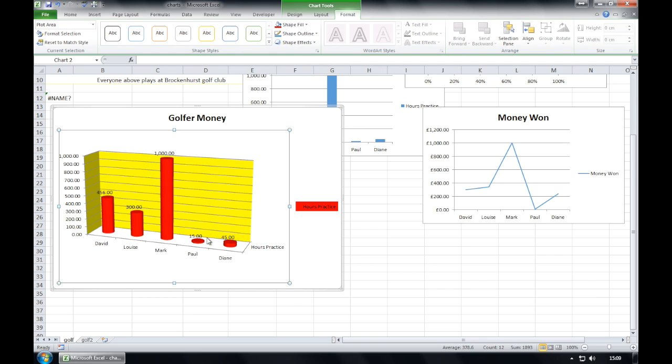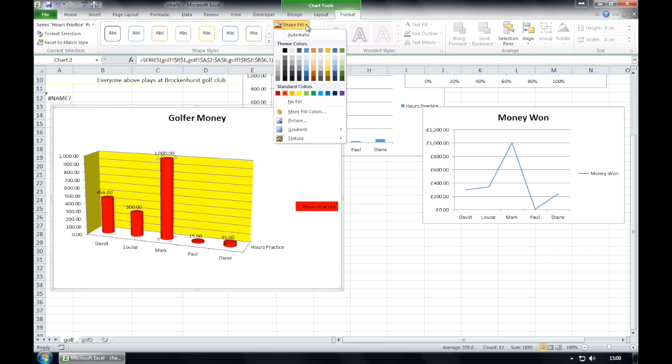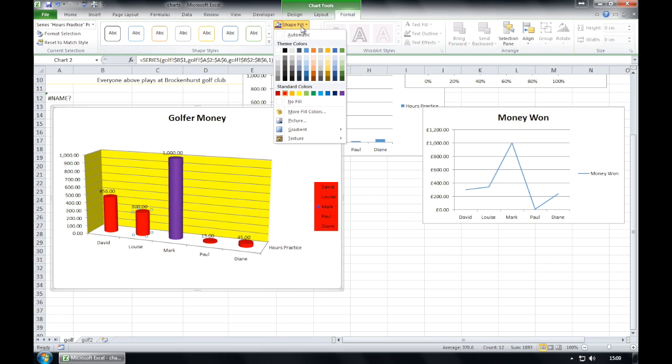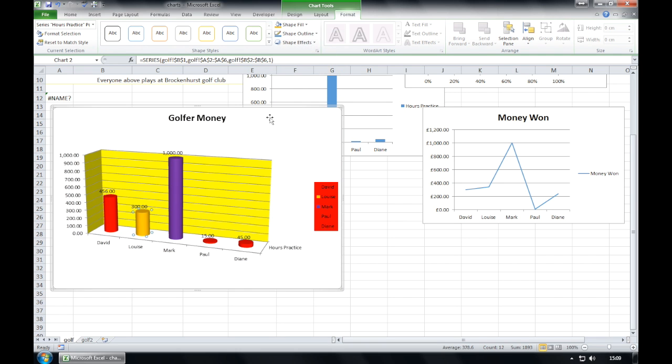You could actually individually change it one at a time, just ensuring that only one is selected, changing that particular colour as you so wish. But again, if you want it all,